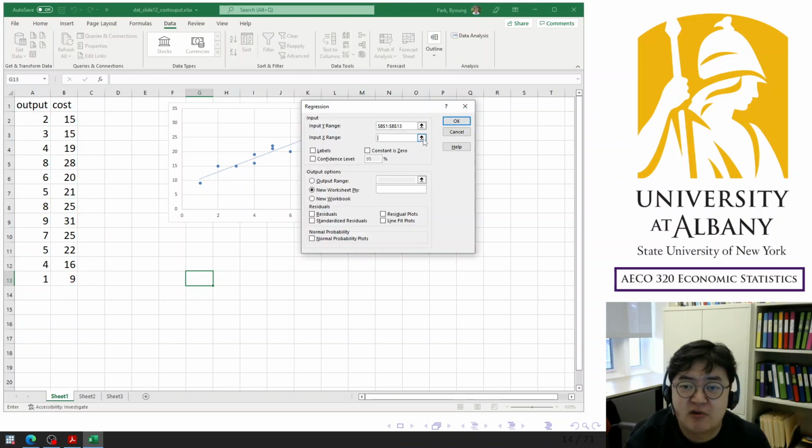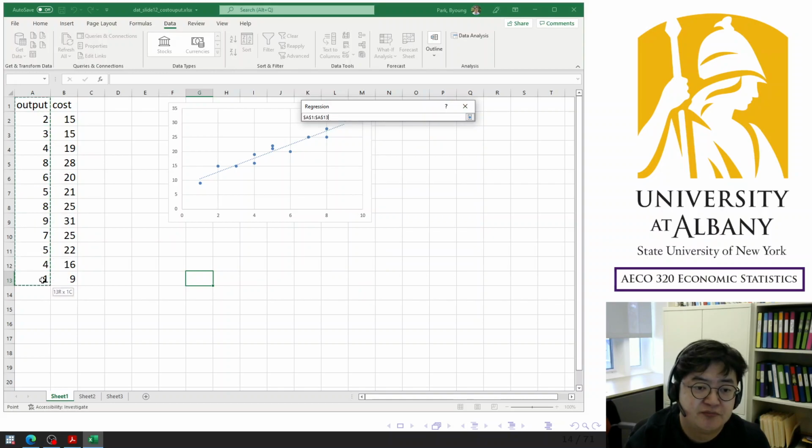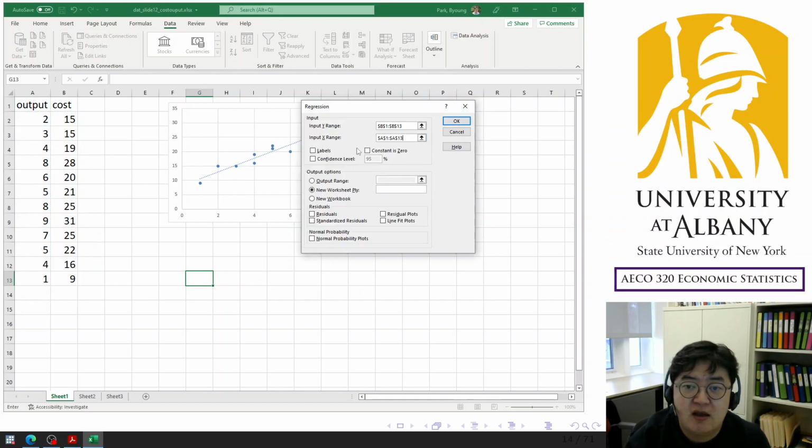And X range is output. And labels, the first row is labels. And you may have line fit plot. If you click this, you are going to have scatter plot with trend line. So just let's try this. Okay, then if you click OK,